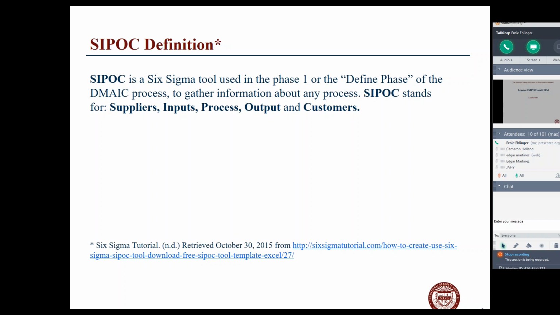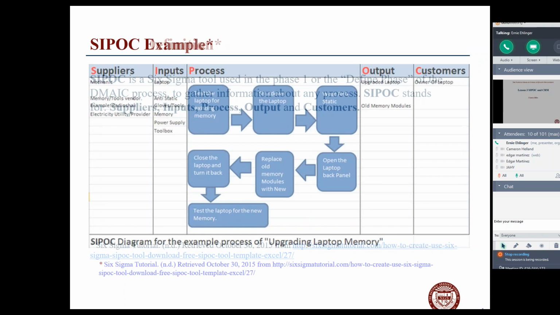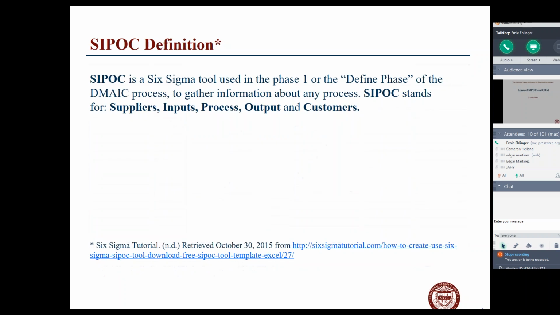So, having said that, again, it's a high level. What we're going to look at is the suppliers, what are the inputs to your projects, what is the actual process to transform those inputs into outputs, which is important, and then who are the customers and the requirements. So this SIPOC, we've got a couple of things. We'll give you a few examples, probably the best way to do this.